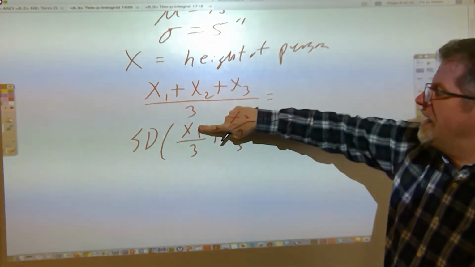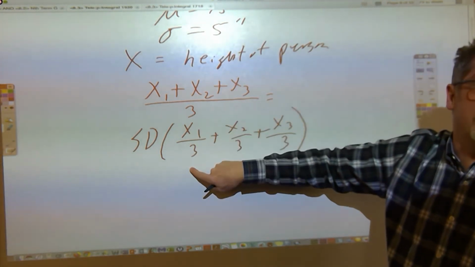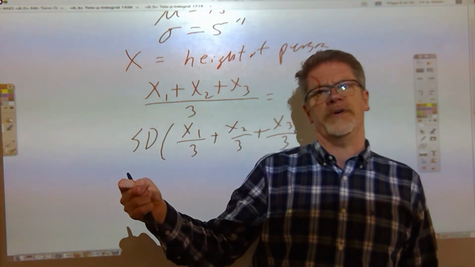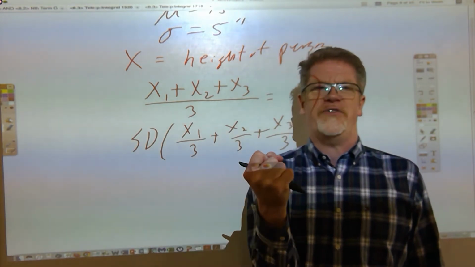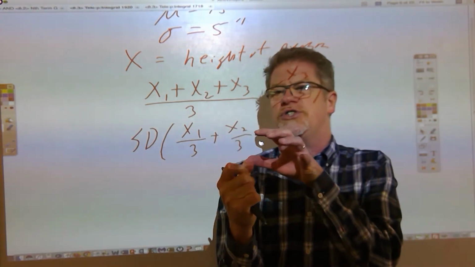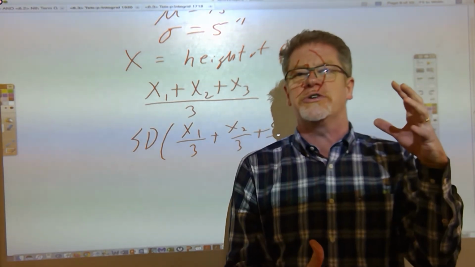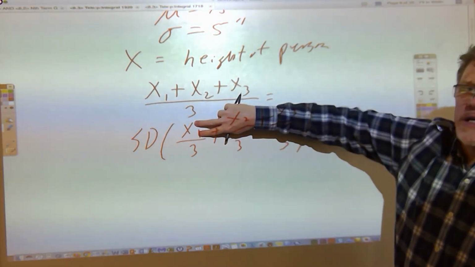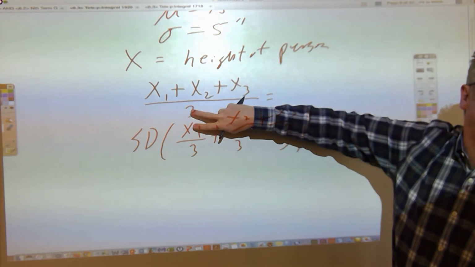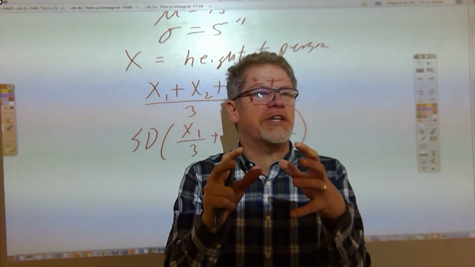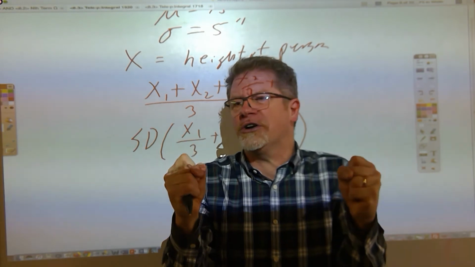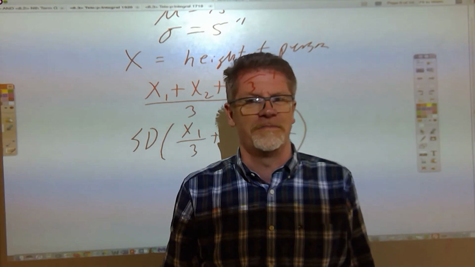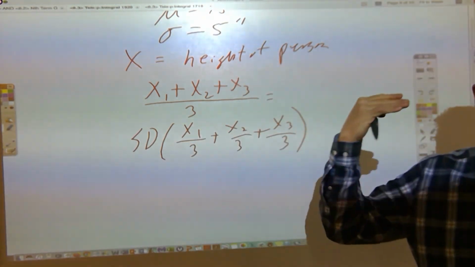It's like we're yogurtizing x1 by a factor of 1/3. We're multiplying it not by 3. You know how sometimes you take a gloppy scoop of yogurt and yogurtize it by a factor of 5, so that once you put it into the yogurtizing machine, you suddenly have exactly 5 times as much yogurt? Have you ever imagined that? I'd like you to imagine a gloppy scoop of yogurt that's yogurtized by a factor of 1/3. You put it into the yogurtizing machine, and suddenly you have exactly 1/3 as much yogurt. Who ate that yogurt? Where did it go? I want it back. No, it's gone, because now you have exactly 1/3 of it.